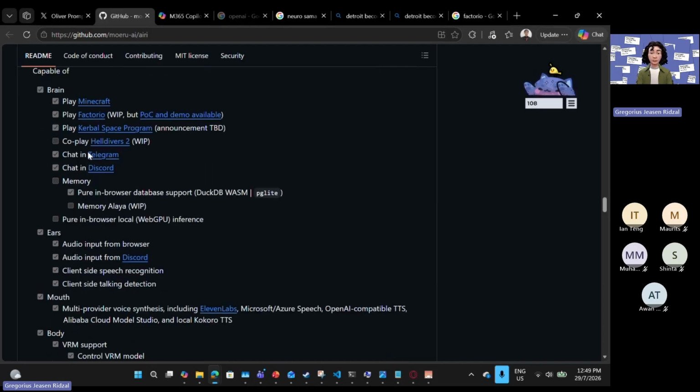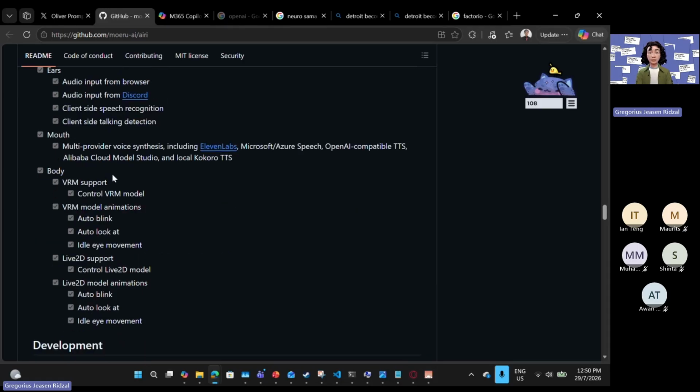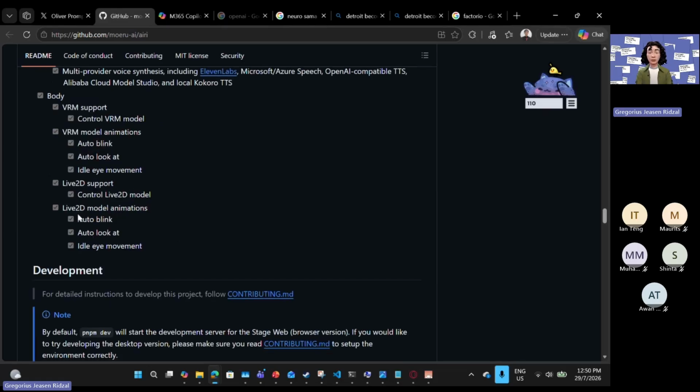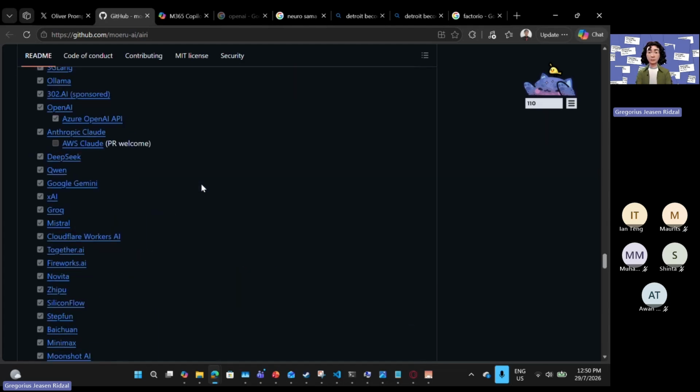Of course, it works in Telegram, works in Discord. It should work in WhatsApp if you want it. But yeah, all the stuff. It's got audio. Yeah, sure. Voice synthesis. Oh yeah, ElevenLabs. We've covered this a little bit. ElevenLabs also has a deepfake thing, but it also has built-in voice models that you can use. There's Azure Speech, OpenAI text to speech, Alibaba models. So this is for the voice, because earlier Ian was asking how the voice is gonna be, right? So I guess it's this. And yeah, Live2D support for them to animate the characters very naturally. All right. We really need to try this out.